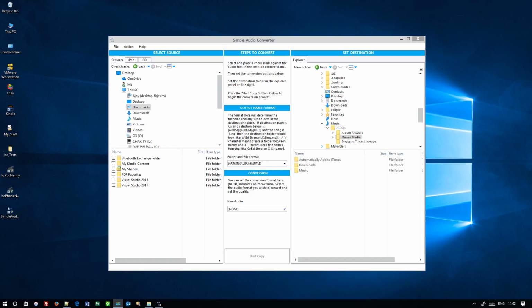Under Action, this contains the following options. Search for iPods, which I have already mentioned. Search for audio CD, which I have already mentioned. Option Select has a number of sub-options that allow you to select or deselect individual files or all files within a particular folder. For example,